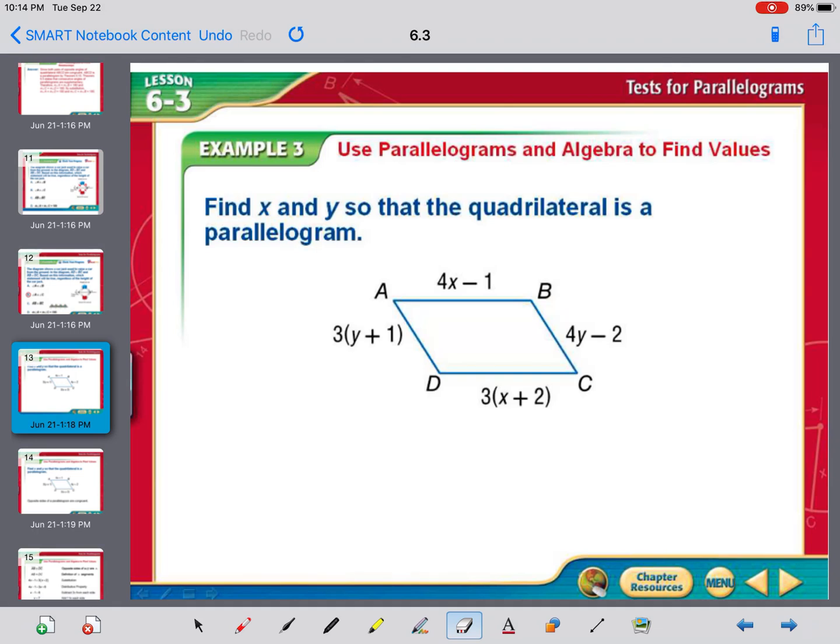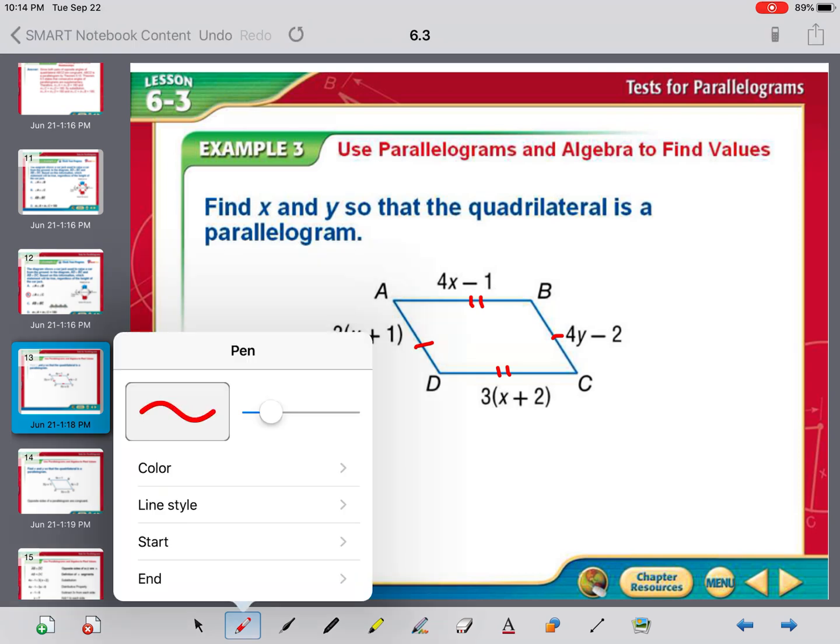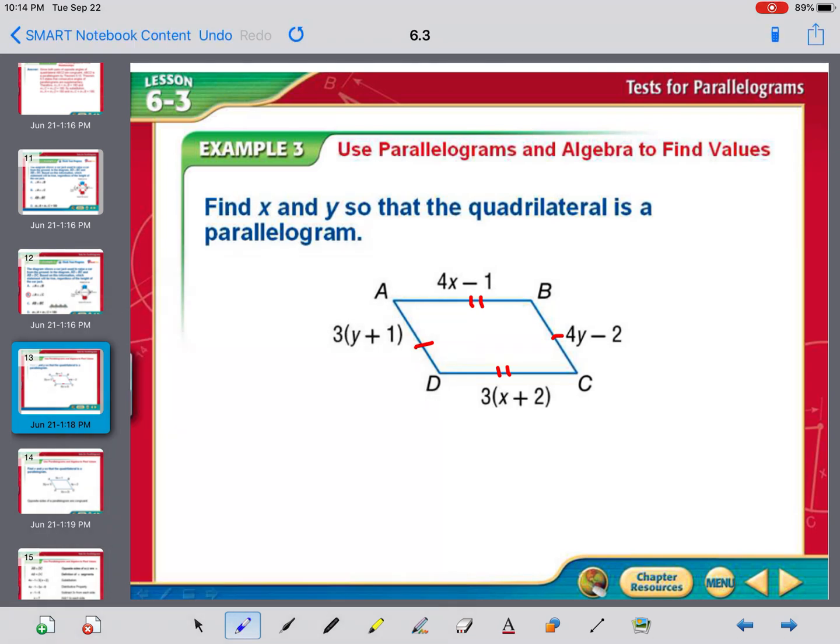A little math here about that. It says find x and y so that the quadrilateral is a parallelogram. If it's going to be a parallelogram, these two would have to be congruent, and these two would have to be congruent. So I'm going to work with that. I'm going to say top 4x minus 1, bottom 3 times the quantity x plus 2. Those two things have to be equal. Opposite sides are congruent. So 4x minus 1 is equal to 3x